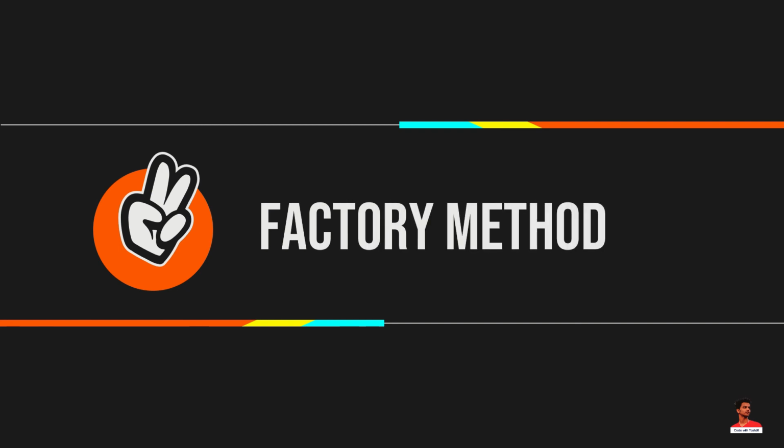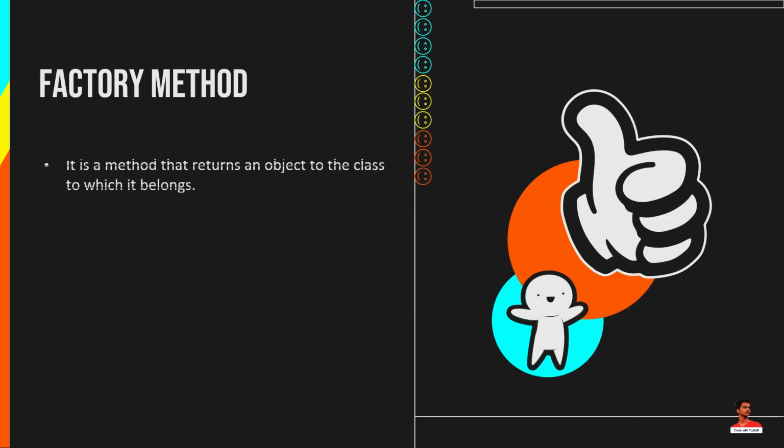Factory method. It is a method that returns an object to the class to which it belongs. All static methods are factory methods. For example,